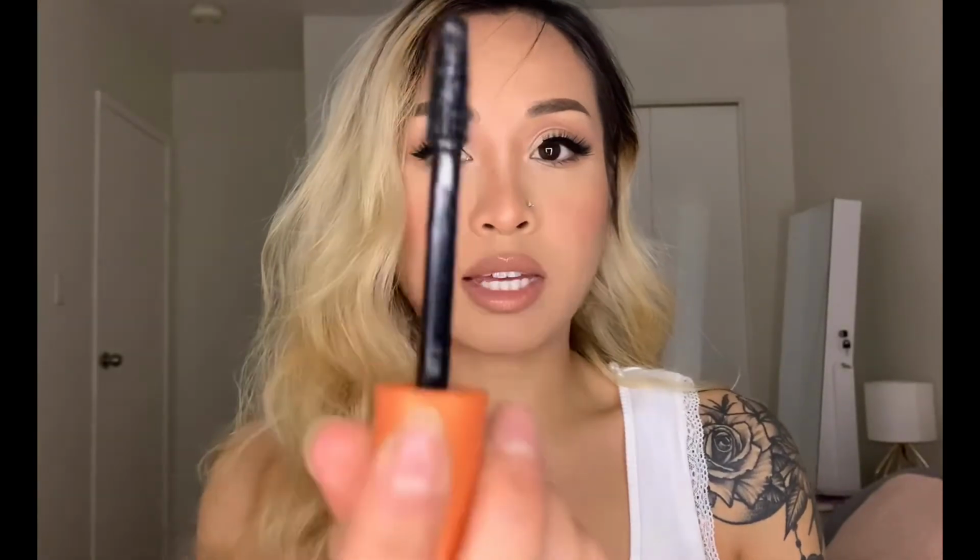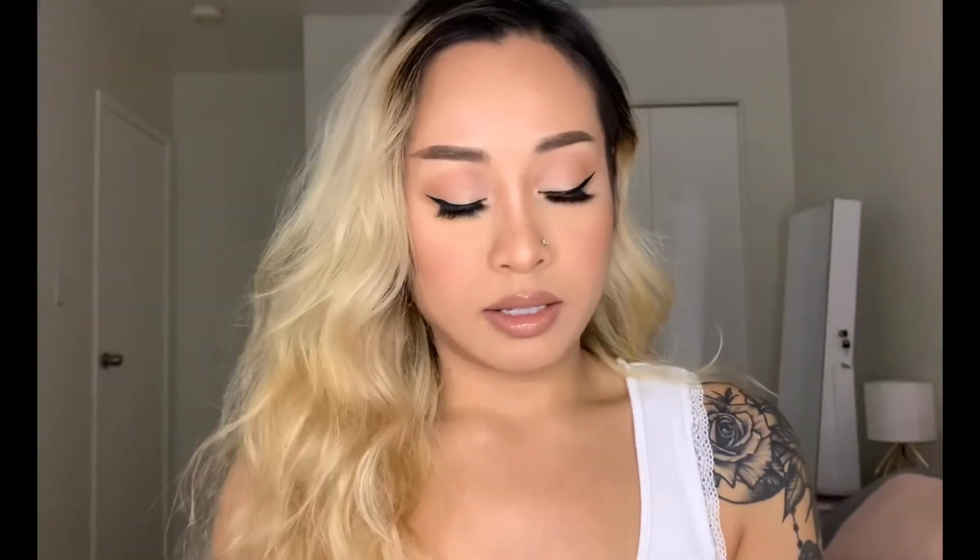And then CoverGirl, I think I like this one a little bit better than the Pacifica one because it holds my lashes better. And I am wearing it. I'm wearing it under and I'm wearing it on top. Ooh, my hair's kind of in the way. So now,